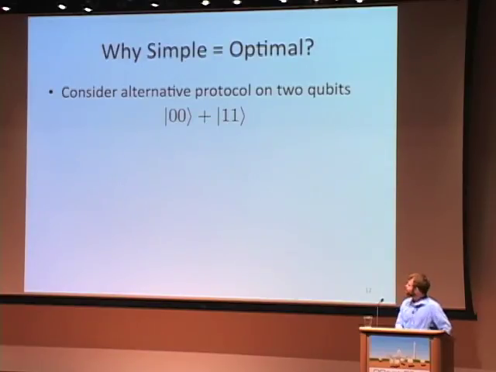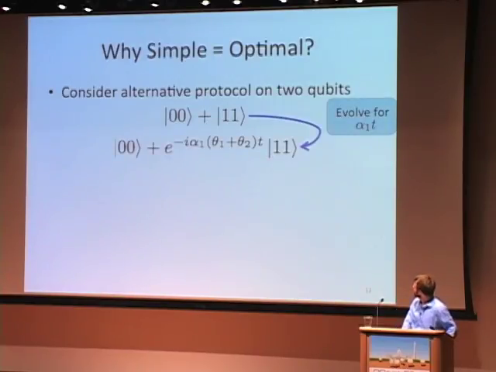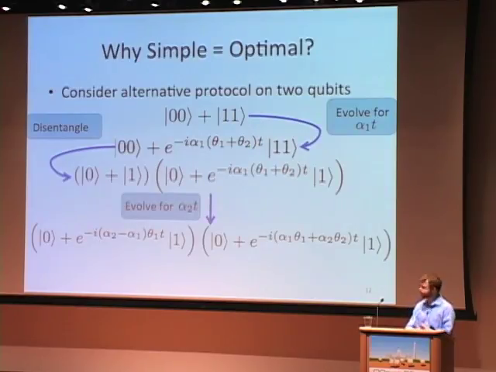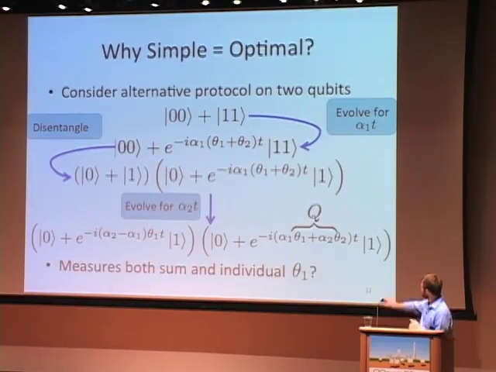So we're going to start with this Bell pair. And first we're going to evolve for the first weight, and we're going to accumulate phase on both qubits. Then I'm going to perform a disentangling operation. So I now have a product state again. One of the qubits has all the phase on it. Just by choosing which one is the target of the CNOT correctly, I can do this. Then I evolve for the rest of the time, and I end up with some extra information over there,